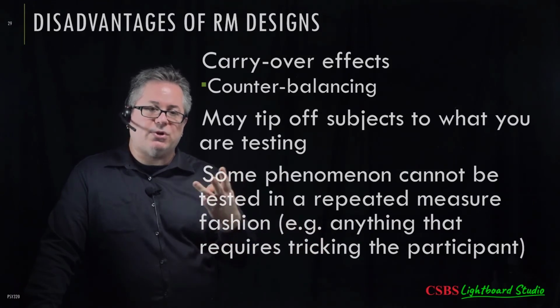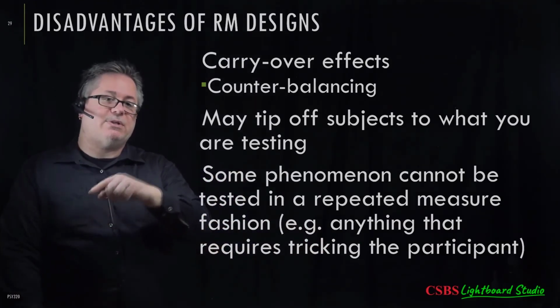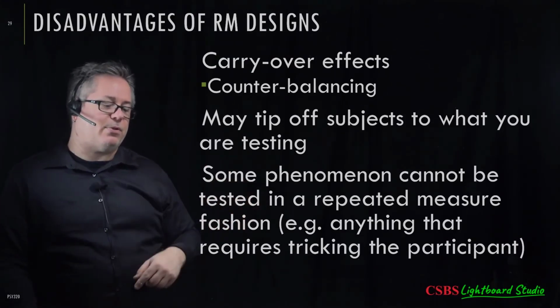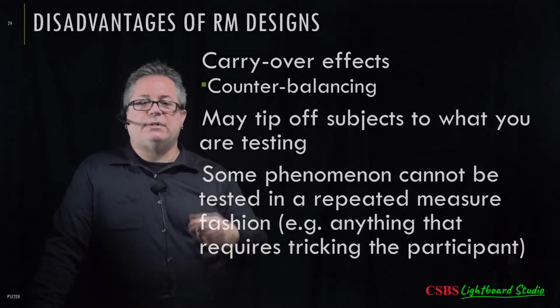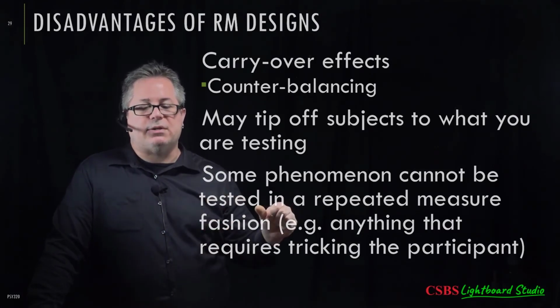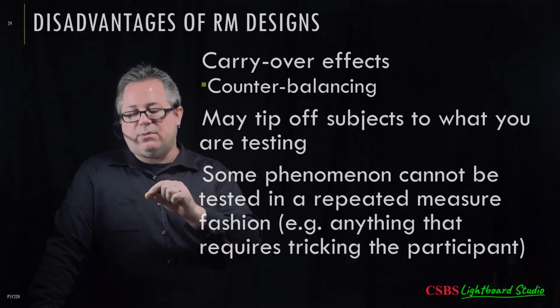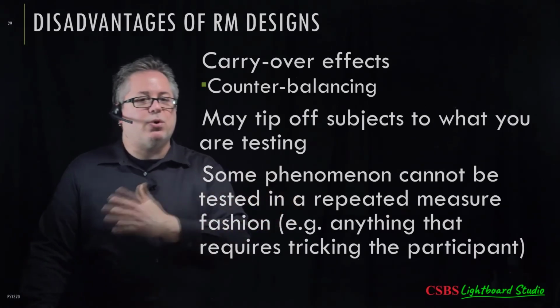So if I have list 1, 2, and 3, subject 1 comes in, they get list 2 first, list 3 second, list 1 third, in terms of the 3 different time points. And subject 2 gets list 3 first, list 1 second, list 2 third. Makes sense? So it's a way of counterbalancing that regardless of what condition they're in, the words from the previous